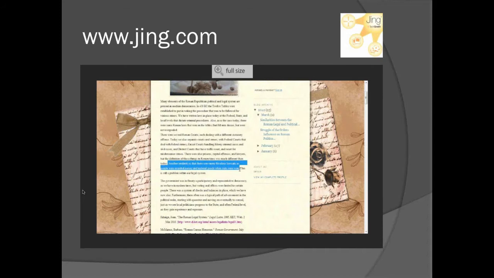You can highlight things, type on it, and when you push stop, it has created a screencast of what you've been talking about. So it makes a little movie for that student to look at, so that they're listening to you giving feedback on the product that they've turned in to you. It's a wonderful way to assess a student's work in real time, and then they get that movie that they can watch.